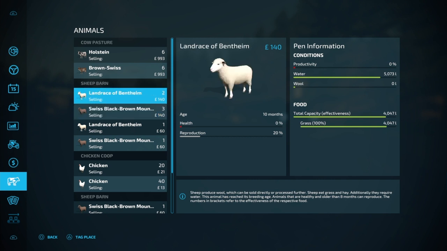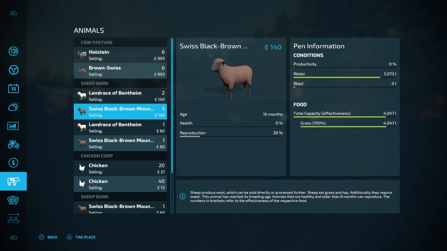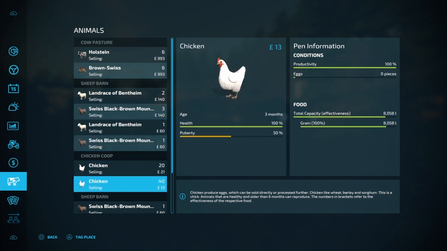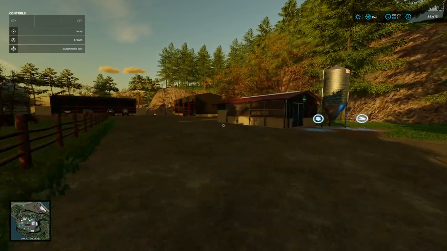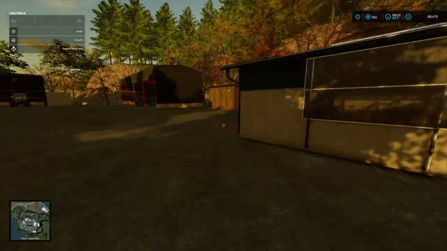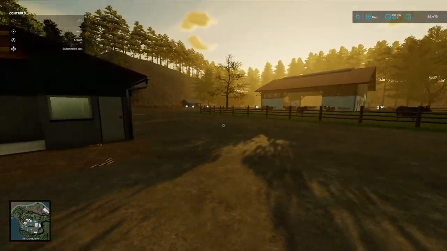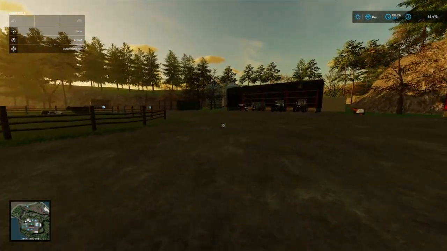This one here doesn't take much either. About 6,000 litres of water and about 5,000 litres of grass, and chickens are doing fine. So yep, we've got some eggs. We are in December at the moment, so